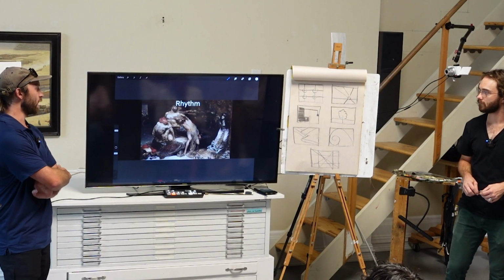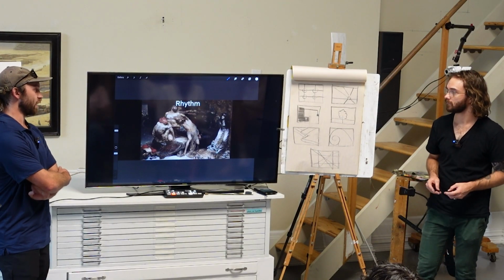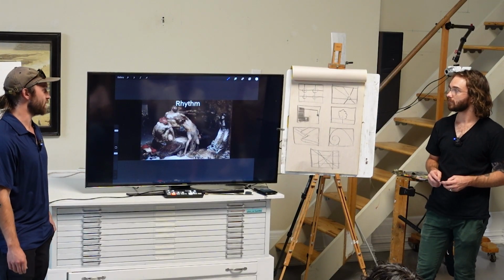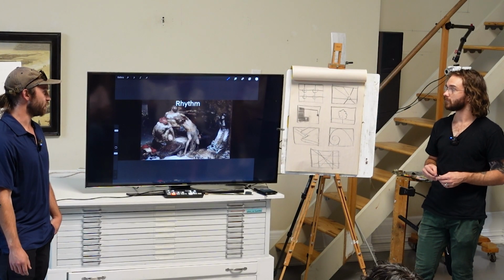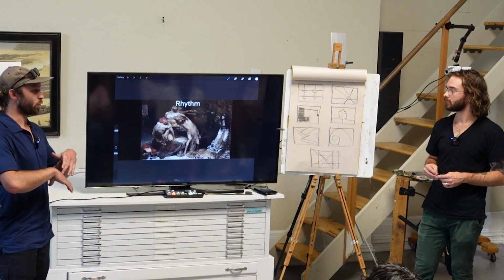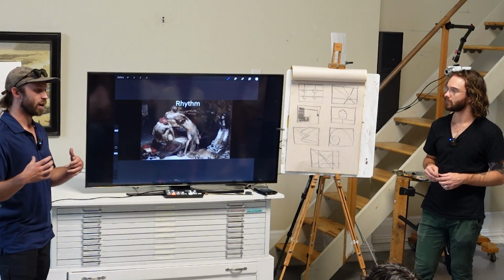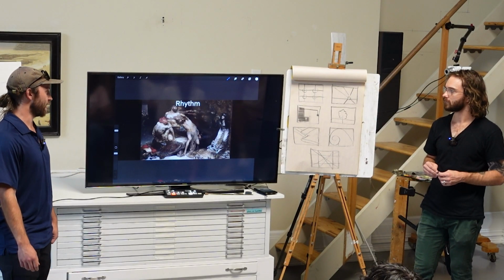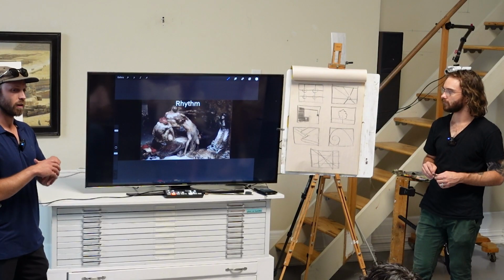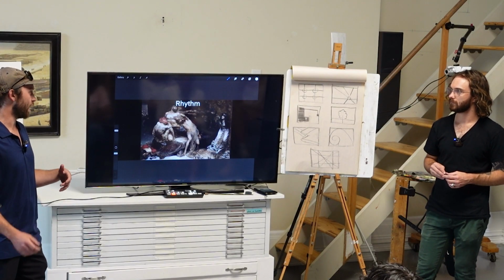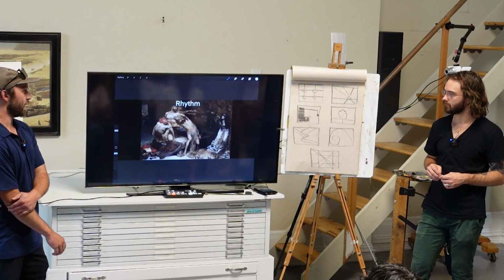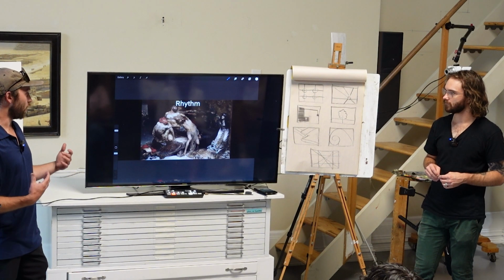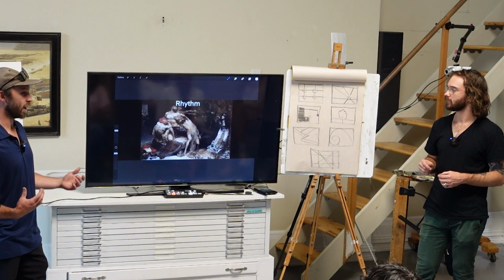So we use rhythm as a tool in art to keep things interesting, with repetitive flowing lines and a combination of long, medium, and short lines and variety in our image